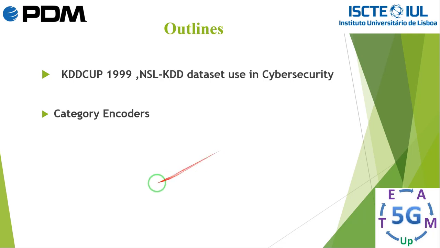We want to discuss one of the most important issues that we need to handle before doing any kind of machine learning, deep learning, or pre-processing, and that is how to convert our categorical features into numerical ones. We want to discuss the different types of categorical encoders, and we make some examples from the NSL-KDD